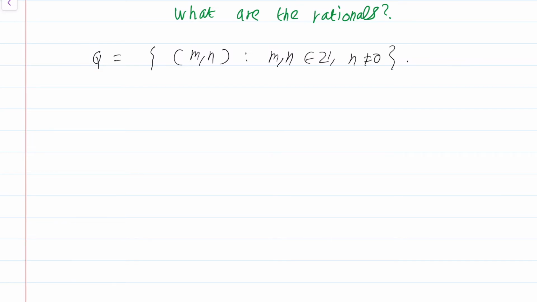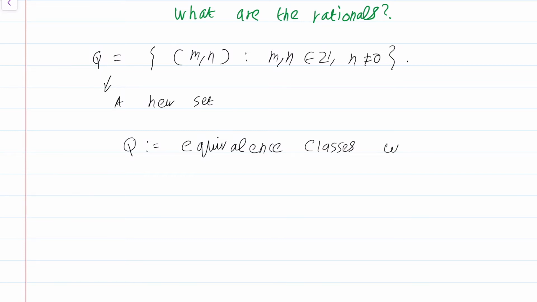As we saw in the last module, there is a difficulty. Several different elements in this set are actually identical. So what we do is instead we consider a new set, which again by abuse of notation I just denote by Q again. I define it to be equivalence classes under